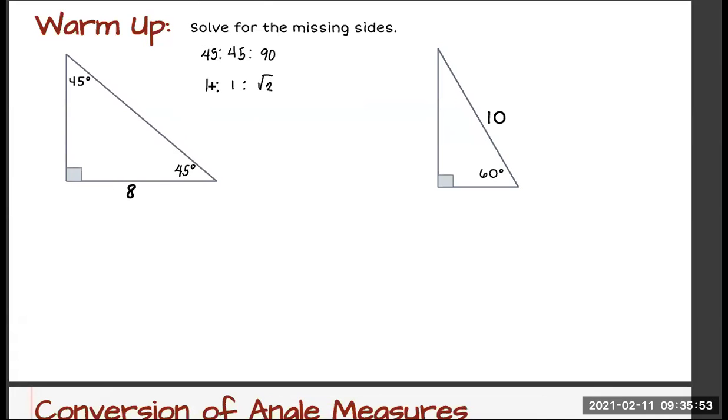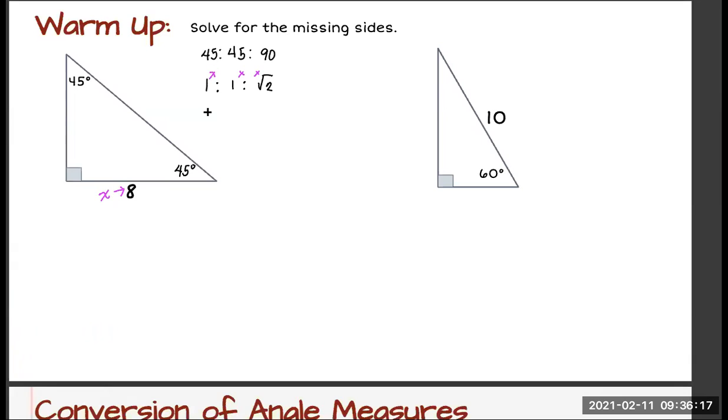So all you need to do is multiply this by x. Now x represents the leg, the shortest side in a right triangle. In this particular case, your x is equal to 8. So if you're multiplying this by x,